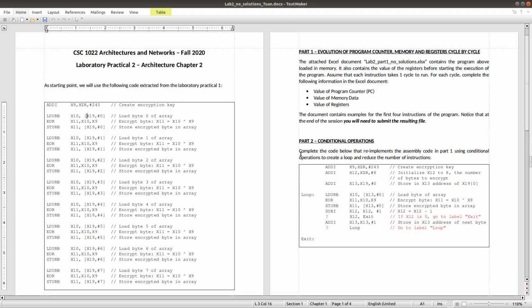The requirement is to complete the code below that re-implements the assembly code in part 1 using conditional operations to create a loop and reduce the number of instructions. Now we know that the first instruction has no other way to replace it because it appeared only once in the code. So we use the same instruction to load the secret key, or the encryption key, into x9, and